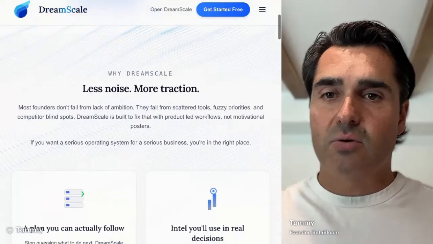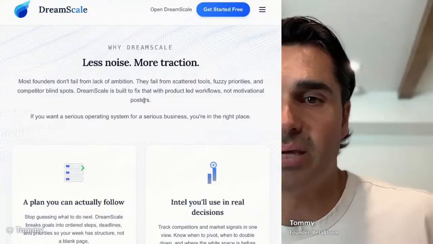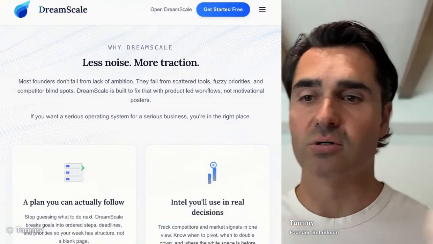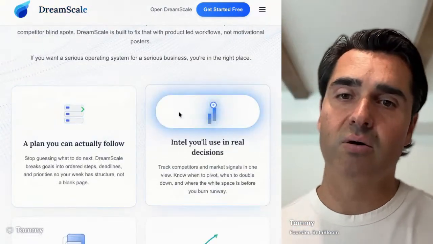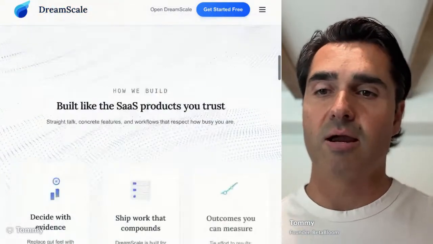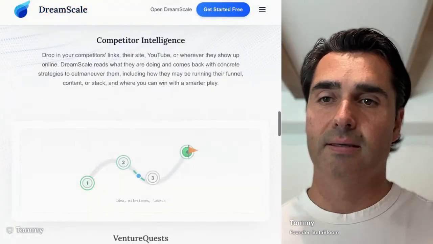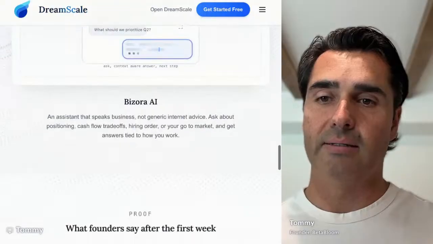Why dream scale? Less noise, more traction. Most founders don't fail from lack of ambition. They fail from scattered tools. Okay, a plan you can actually follow, intel you'll use in real decisions, one workspace, show progress, build like the SaaS products you trust. Okay, I mean,